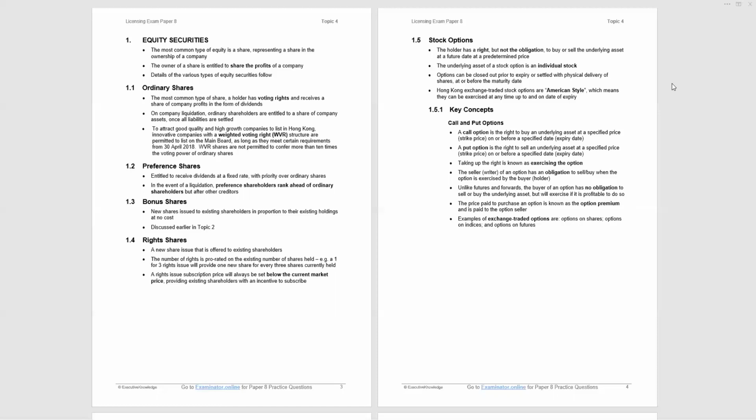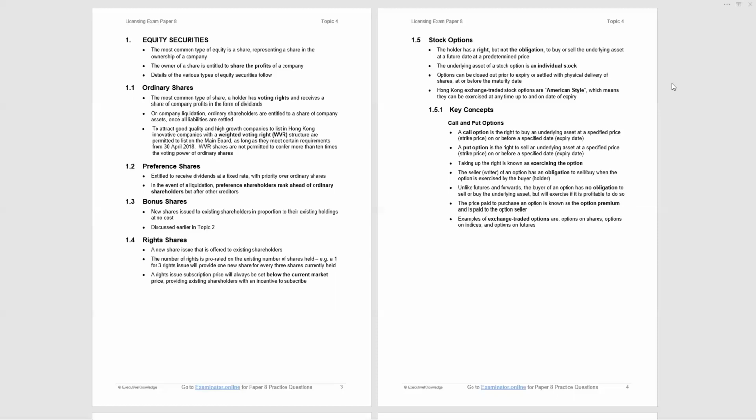Now, section 1.5 takes us on to stock options. Some of you may be very comfortable with this, others it may be new. Let's just look at the overriding concepts. An option is a right, not an obligation. It's a bit like buying an insurance policy. You have the right to claim in the appropriate circumstances and you pay a premium, but you don't have an obligation to claim. With options on stocks, you have the right to buy or sell at the exercise price